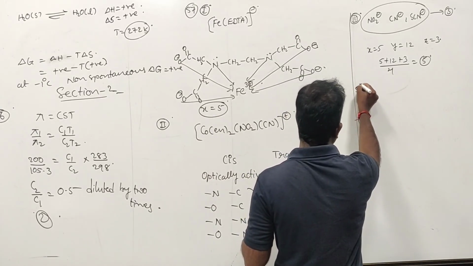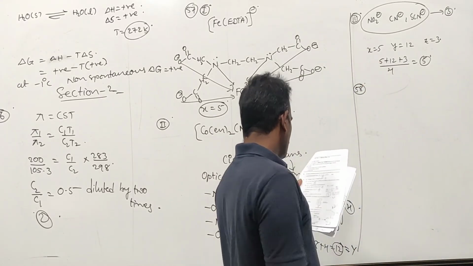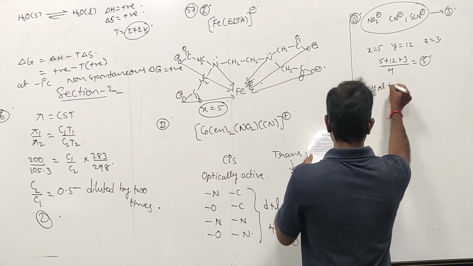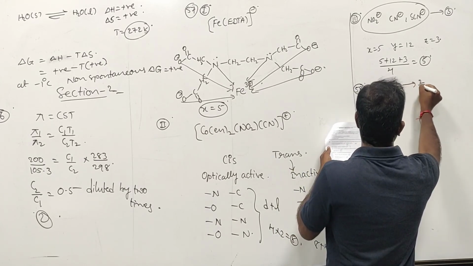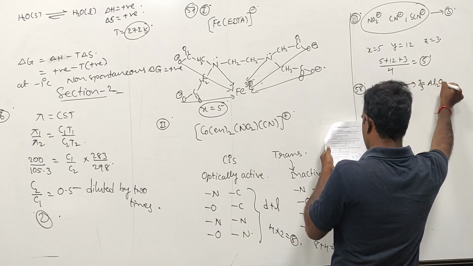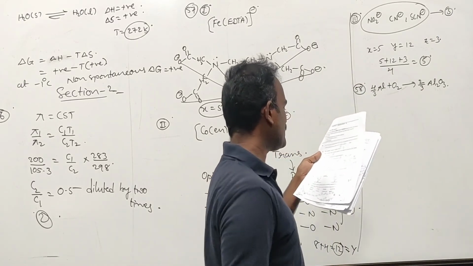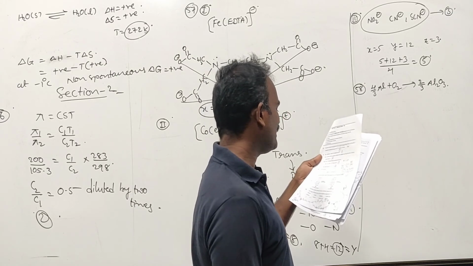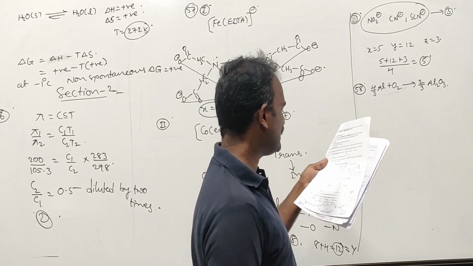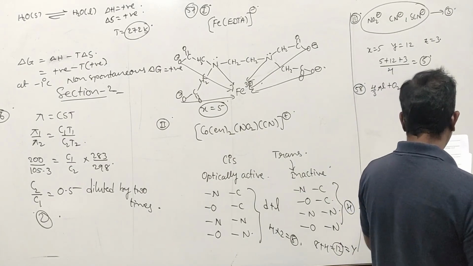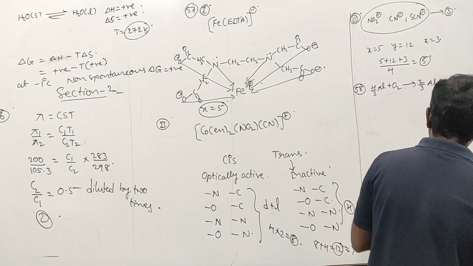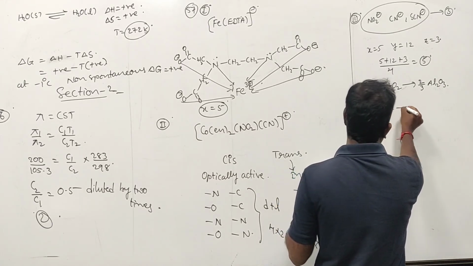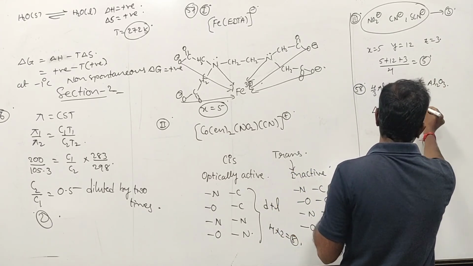Next, question number 58. Delta G for a reaction 4 by 3 Al plus O2 gives 2 by 3 Al2O3 is minus 772 kilojoules per mole of O2. Therefore, calculate the minimum EMF in volts required to carry out an electrolysis process. As we all know that delta G is equals to minus nFE cell.